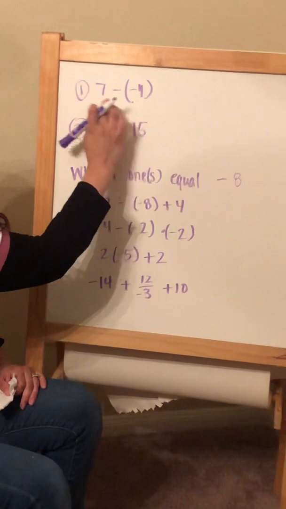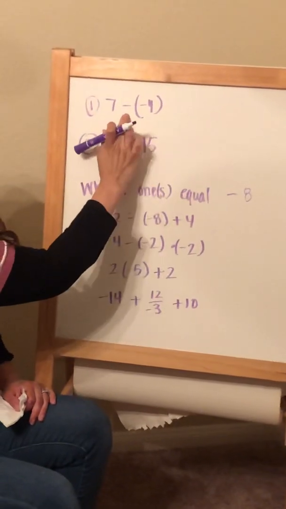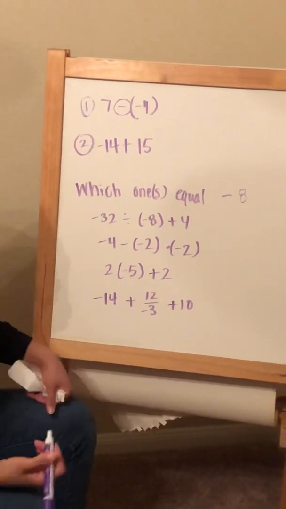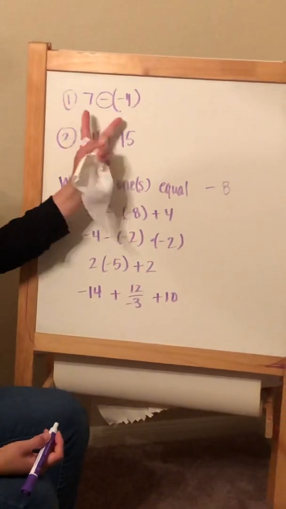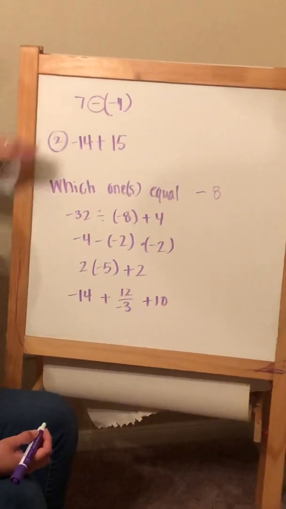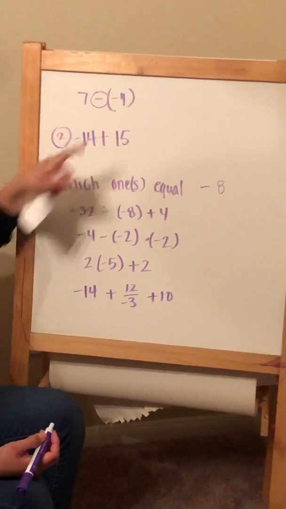Let's talk about this situation. It's a takeaway, right? So that means that it's a subtraction of integers problem. Integers because you've got your positives and negatives there. I'm going to take this away so you don't get confused. So if I have 7 take away -4,